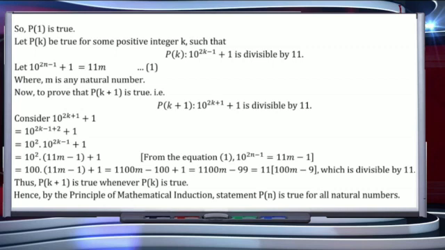But here we are getting the value of 2k minus 1 from P(k). So we are writing that as 10 squared into 10^(2k-1). So we are substituting the value of 10^(2k-1), and that becomes 11m minus 1. When we solve this, we can clearly find that 11 is common between the whole bracket. So that means it is divisible by 11. Hence P(k+1) is true. Thus our P(n) is true.